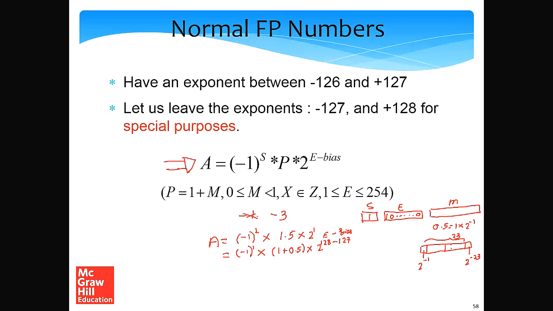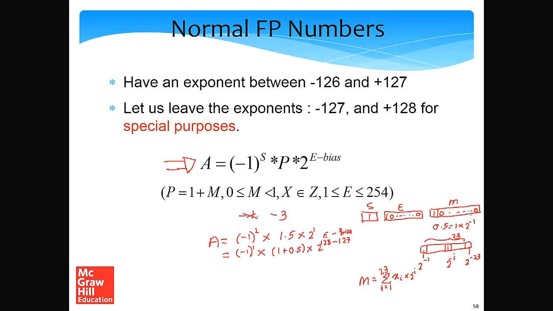And the ith bit corresponds to 2 to the power minus i. So the mantissa can be thought of as a summation from i equal to 1 to 23 of a coefficient xi multiplied by 2 to the power minus i. Since this is 0.5, which is 2 to the power minus 1, we'll have 1 over here, which is the MSB position, and the rest all will be zeros. So this is how we would represent a number of the type -3 in the IEEE 754 format.